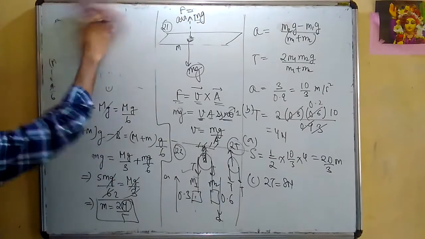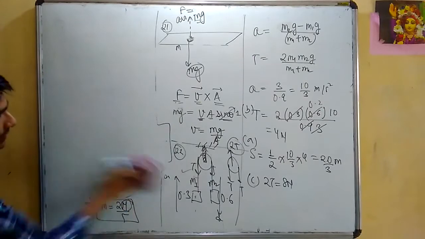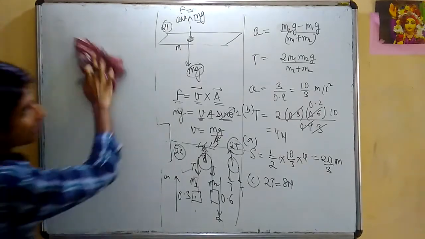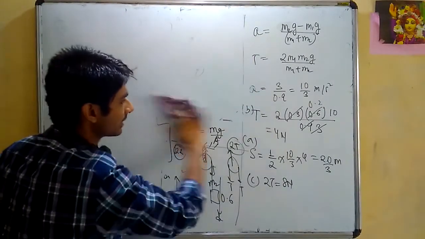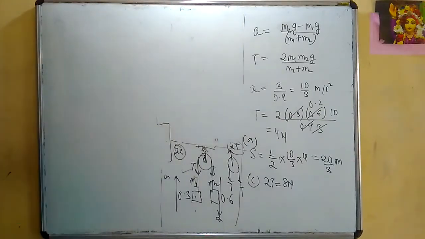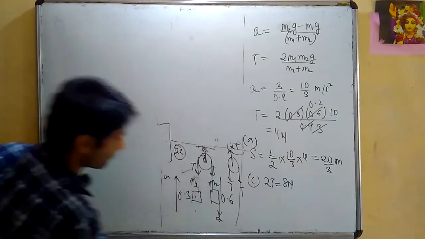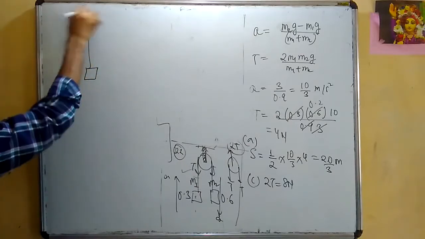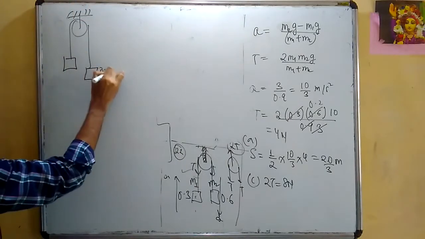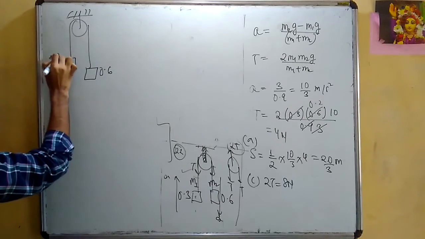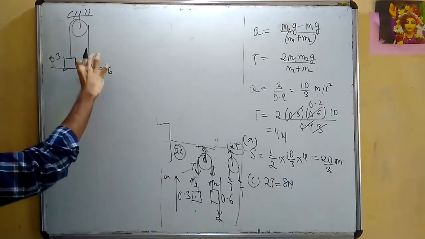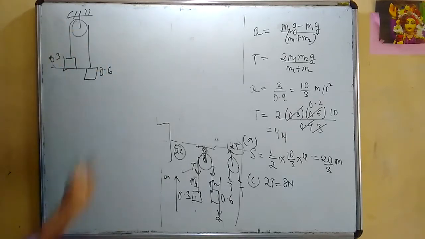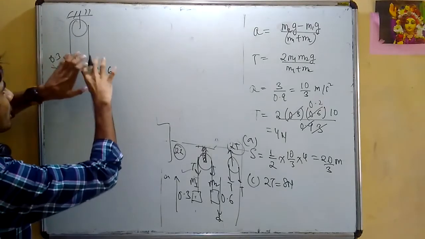See, it is said that suddenly the heavier block which was there, it was stopped for a moment. Which is the heavier block? This one. Let me redraw the figure. This is how much? 0.6 and this is 0.3. So after the start of the motion, this goes up and this goes down, and immediately after the start, this was stopped for a moment suddenly.